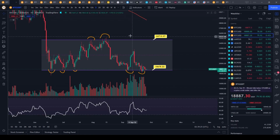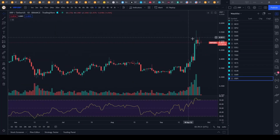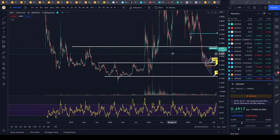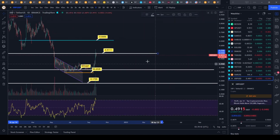Let's take a look at a couple altcoins as well. We did make some nice trades on XRP this weekend, bringing our account up to 114% profit on our leveraged trading account. We are seeing some resistance around the 51 cents area. Again, you guys have access to all these charts in the Discord, so you can take a look at these charts in advance